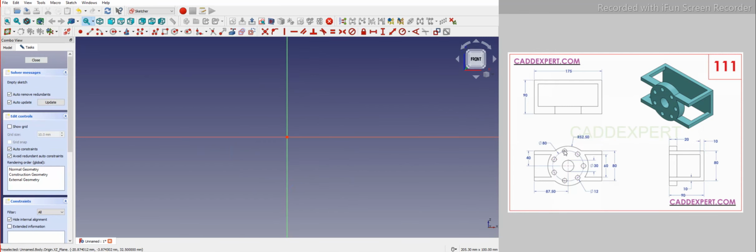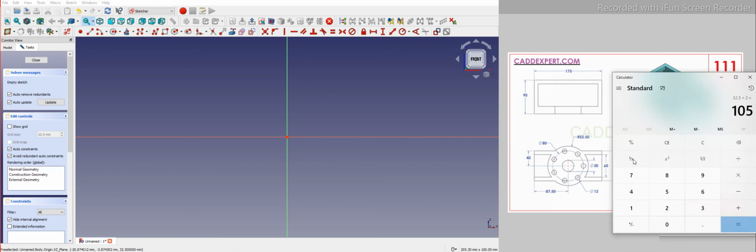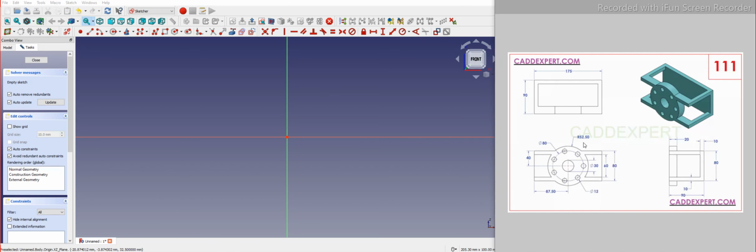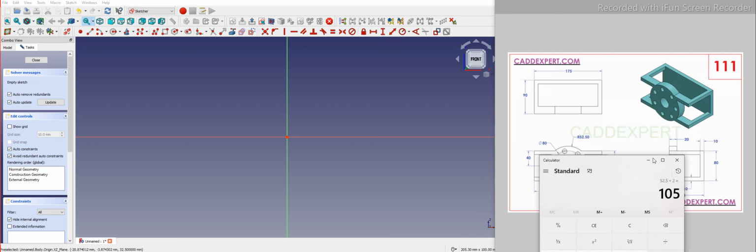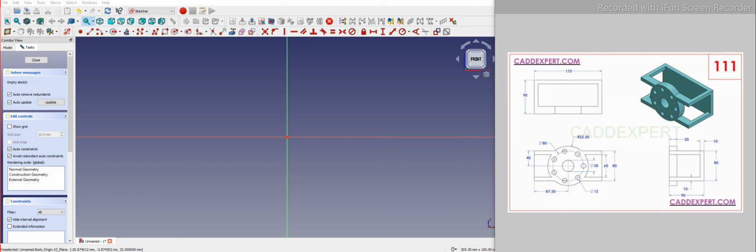So to start modeling, I will consider my maximum height of this part is 105. 105 means here radial dimension given 52.5, so if I multiply, I get the maximum height of 105. So this is my maximum height of the part, and length is 175. So I will make a box by keeping my center origin point of this flange,